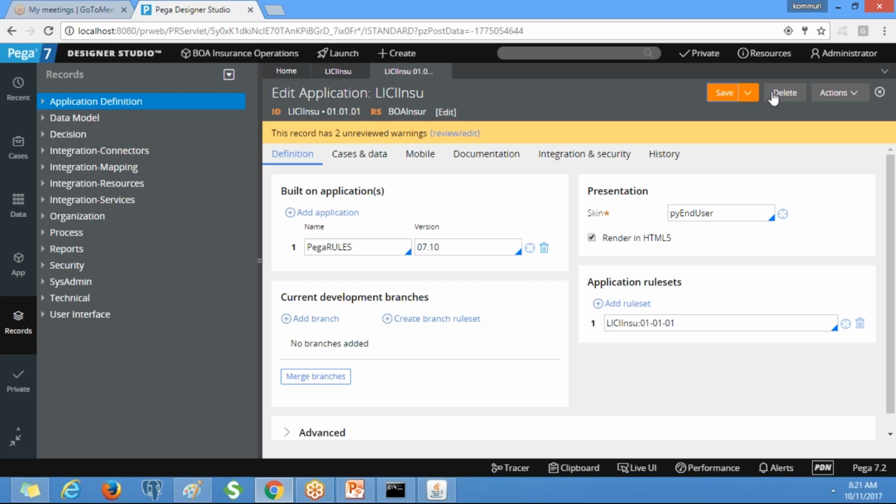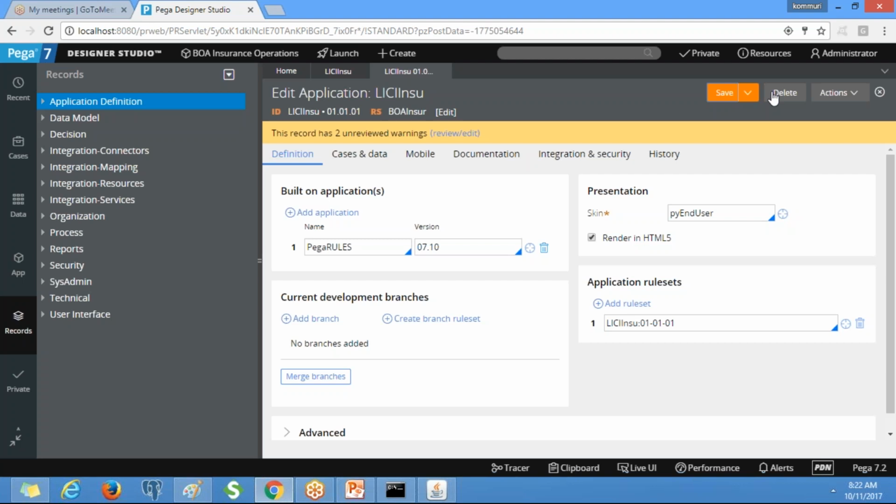Now we need to create an access group. An access group defines which application a user is going to access. How does PRPC know that this operator is going to access this application? By using the access group.